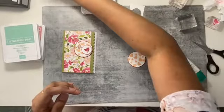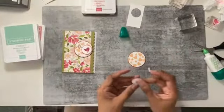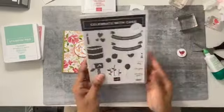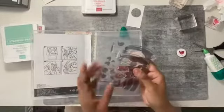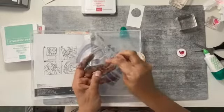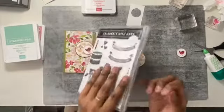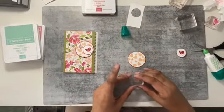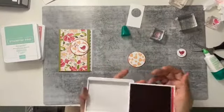And that's not the dimensional on this bird. And I want to maybe do my sentiment. Got a few different sentiments. I'm just going to do the It's Your Day. So this set is in that Experience Creativity, which is a beginner brochure, but it doesn't have to be a beginner set, I don't think. There's a lot you can do with it. You can dress it up, dress it down, but